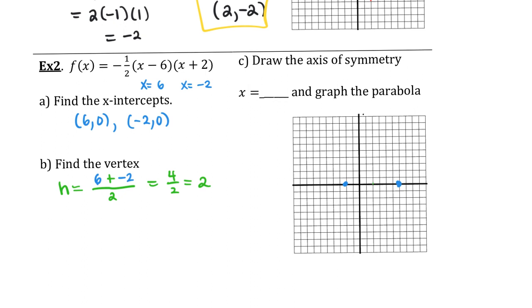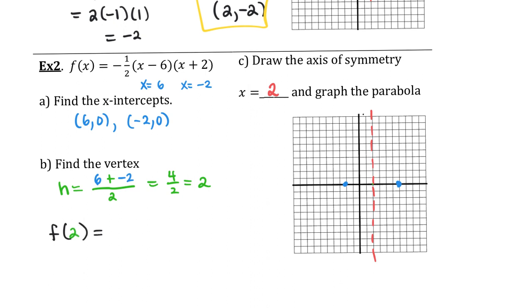So let me go ahead and identify my axis of symmetry. It's going to be at x equals 2, and I'm going to sketch it in because I'm confident about that right now. And it looks like it's in the middle. If it looks off, I'm going to double check my work. Okay, I just need the y coordinate of the vertex. So I'm going to go ahead and plug it back in, the original equation. So f of 2